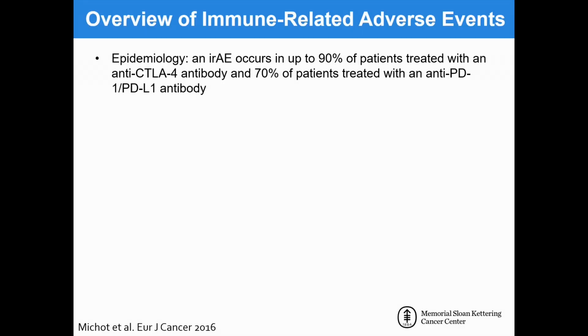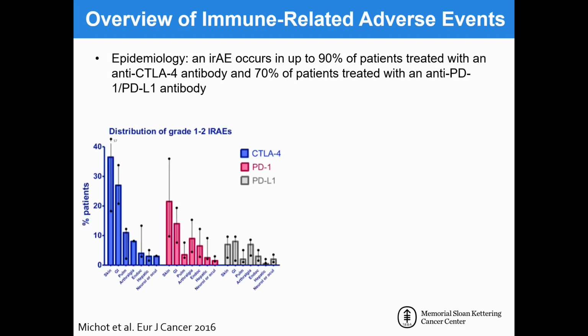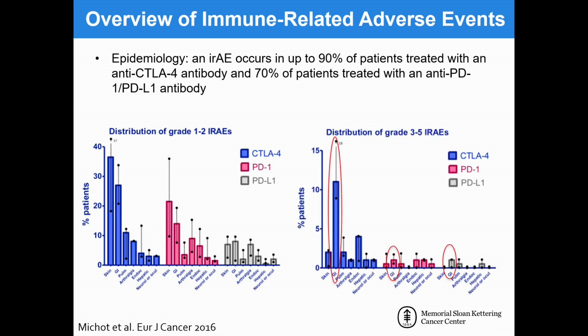So just as a brief overview of immune-related adverse events in general, we know these are incredibly common. Up to 90% of patients on anti-CTLA-4 and 70% on anti-PD-1 develop some form of toxicity. And when you look across organ systems, we see that GI toxicities are incredibly common, especially amongst all the toxicities. However, when you focus on the most severe toxicities, the grade 3 to 5, this is where the GI really comes to the forefront and is really quite debilitating for our patients and really challenges us to develop better ways to manage these patients and think about management strategies across a large number of patients.